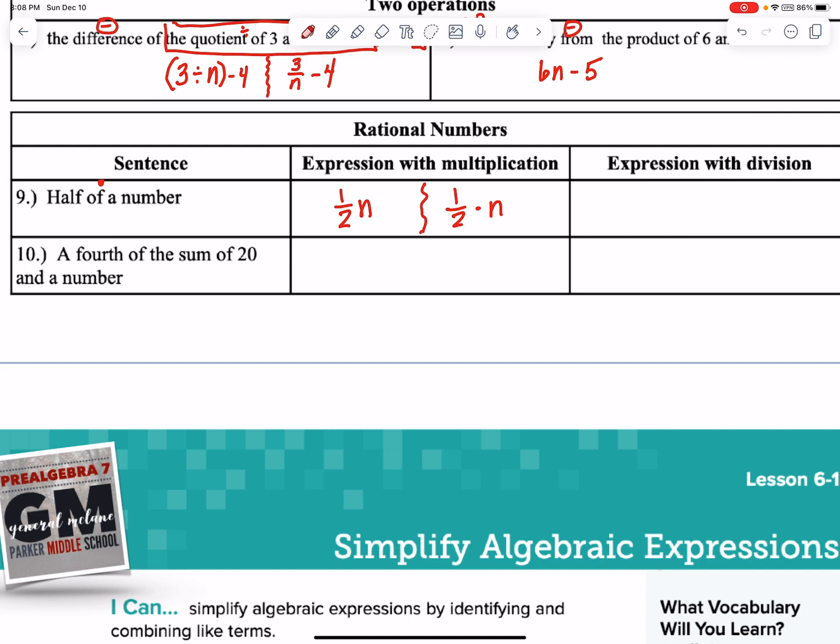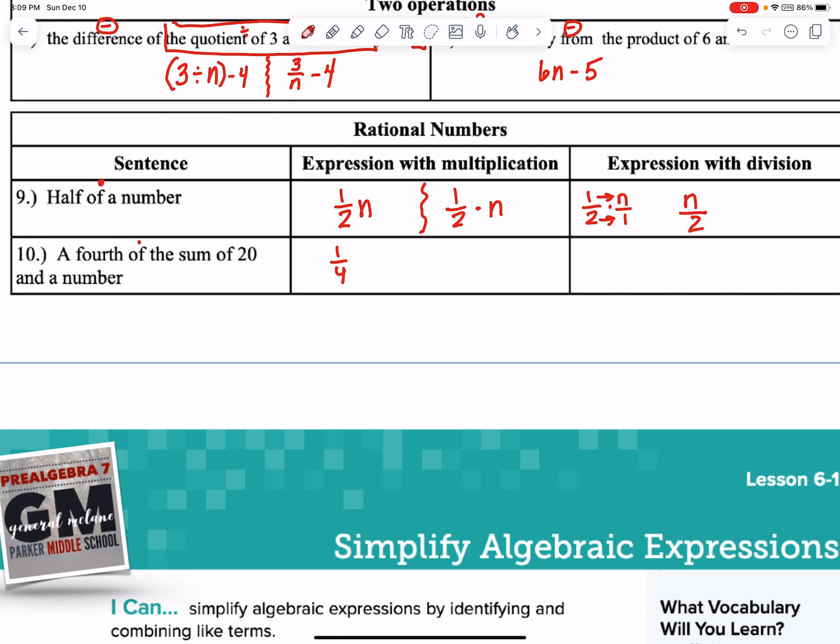Okay. So remember that 1/2 times n is the same thing as n divided by 2. Because really when you're writing 1/2 times n, we're writing n over 1. So you can see if I multiplied this all straight across, I would just get n over 2. And so that's why that works that way. Okay. All right, a fourth of, remember of means times, so 1/4 of, and then there's this other stuff, the